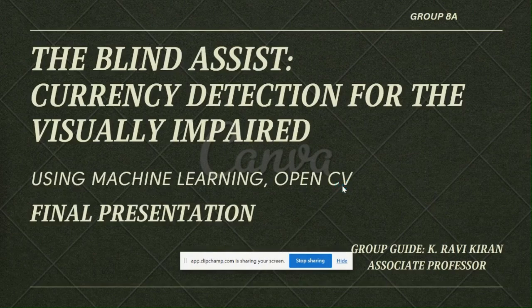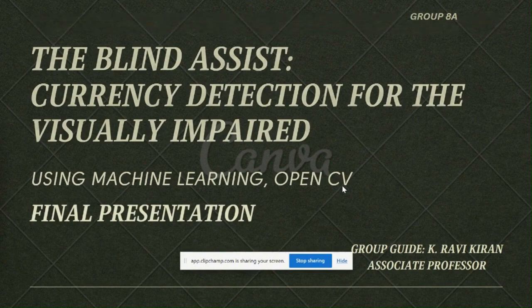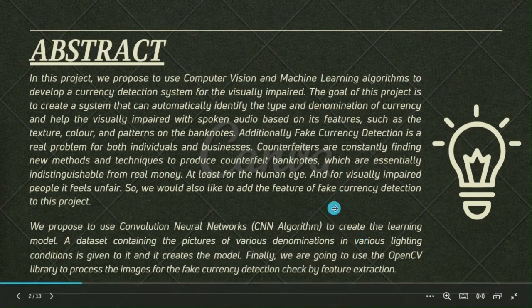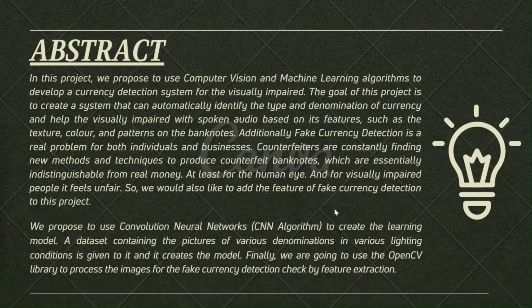So today we are here to showcase our project, which is the Blind Assist, which helps to detect the currency for the blind people. Coming to the abstract, in this project we propose to use computer vision and machine learning algorithms to develop a currency detection system for the visually impaired. The goal of this project is to create a system that can automatically identify the type and denomination of the currency and to help the visually impaired with spoken audio based on its features such as texture, color, and patterns